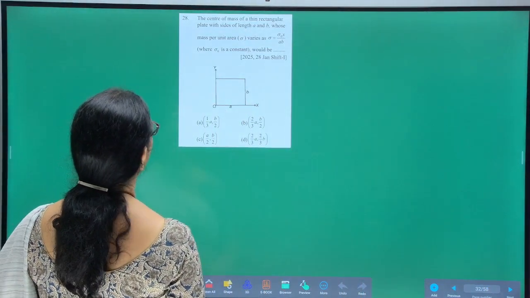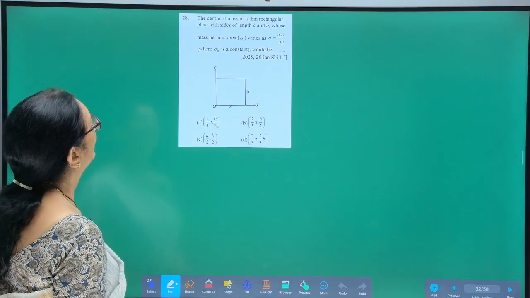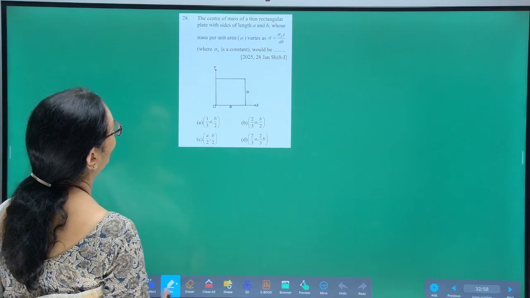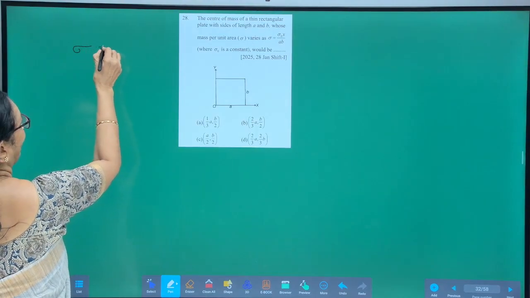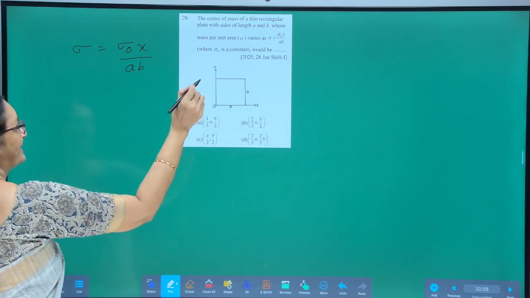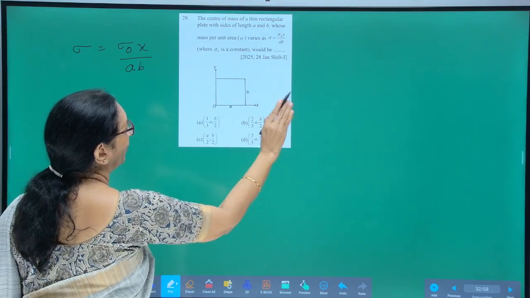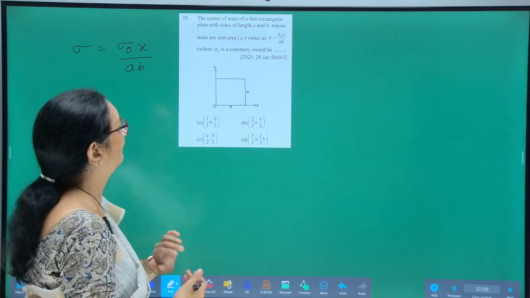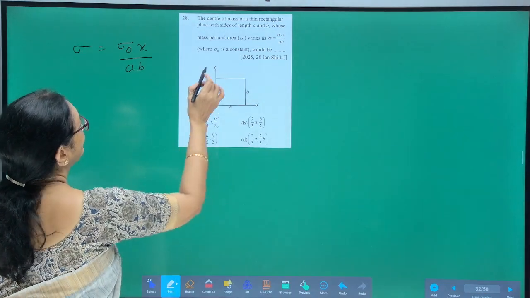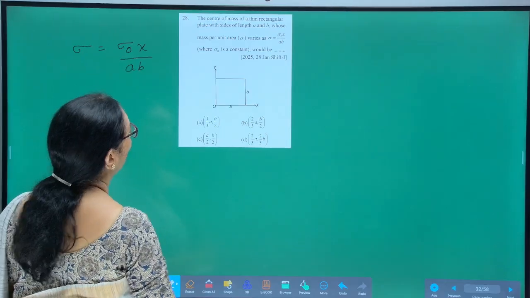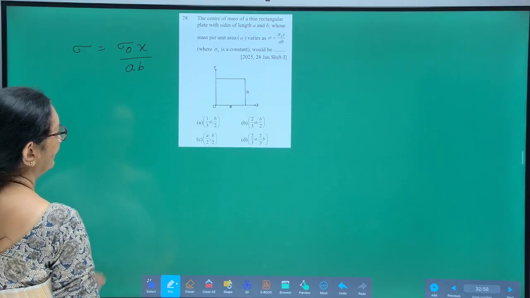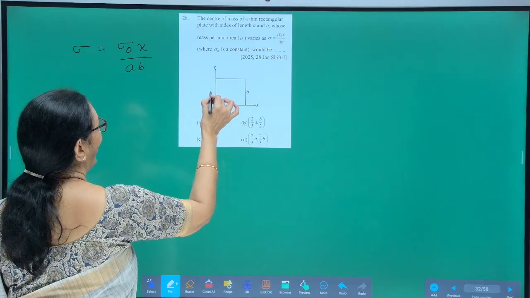Look here, center of mass of thin rectangular plate with sides of length A and B whose mass per unit area sigma varies with the expression sigma naught x by AB. This indicates its mass is varying only along x axis, and along y axis it is not changing, right? So, what you are asked to find out is the center of mass coordinates with respect to the origin. Very obviously, as this is B,